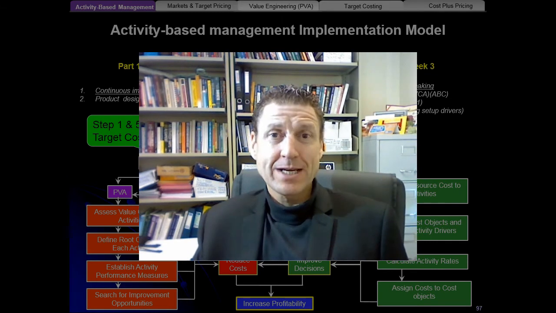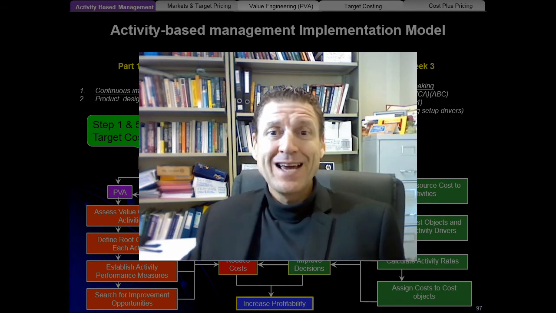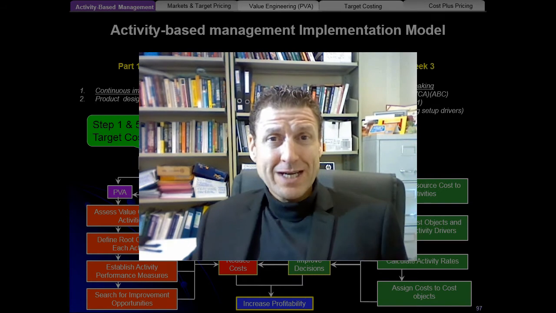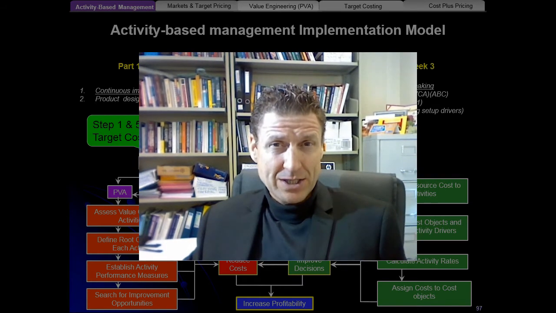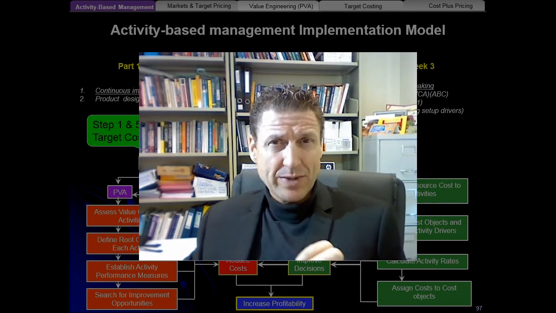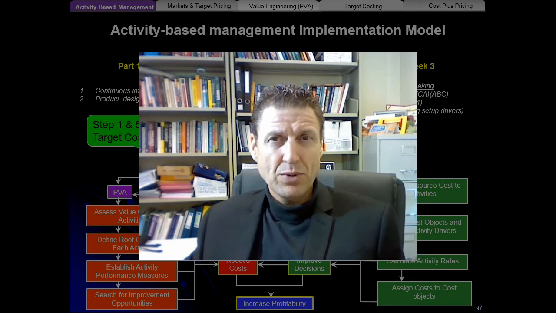We're looking at pricing, chapter 13 of the Horngren textbook, that is edition 15. And we really want to understand, just in this session, the difference between short-term and long-term pricing. What do you do differently in terms of the calculation needed to support a long-term pricing decision and a short-term